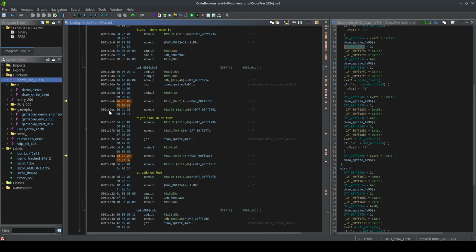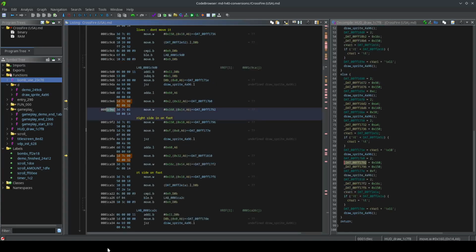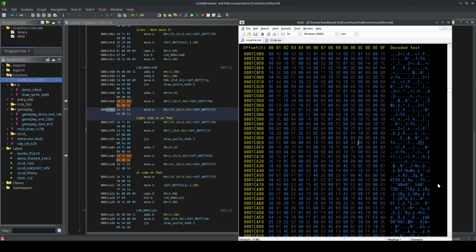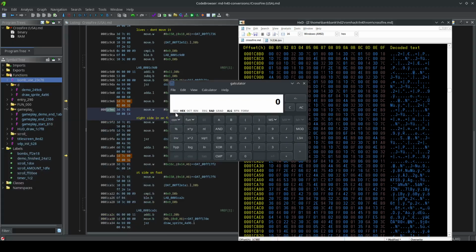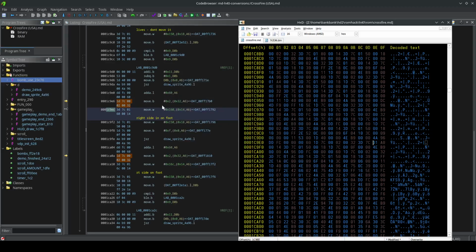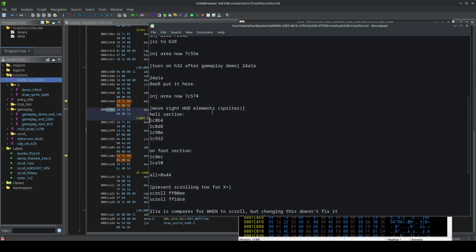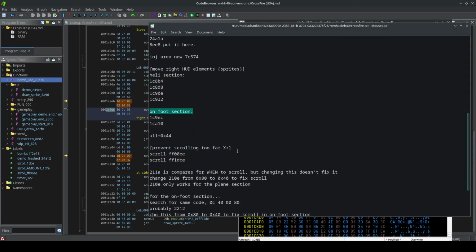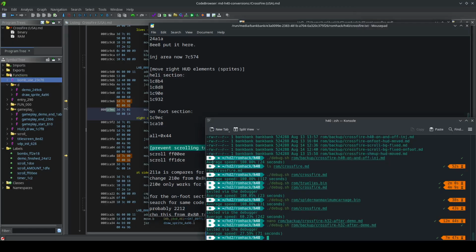So anyway, let's see, what did I add here? 1A0. So 1A0 minus 1. Okay, I added 40. I don't know. So that fixed that. On foot section done. Now we had to prevent scrolling too far so that the player cannot see the black